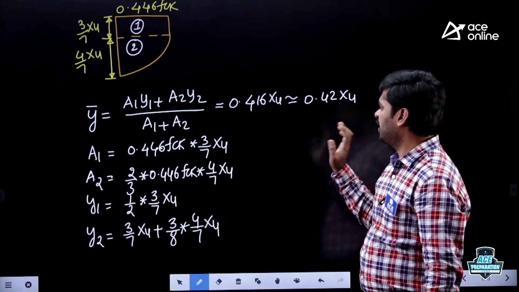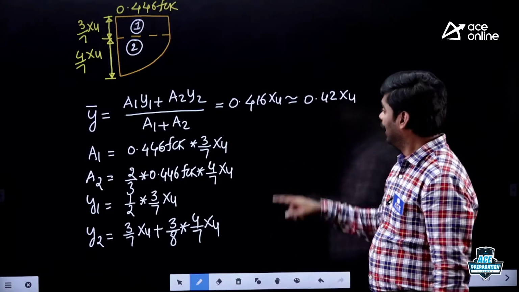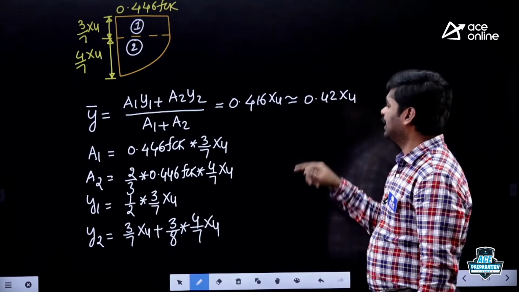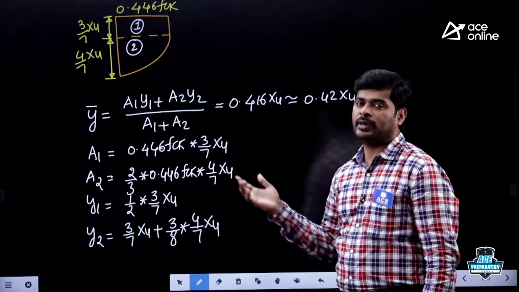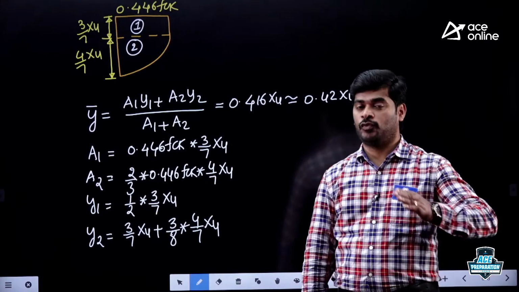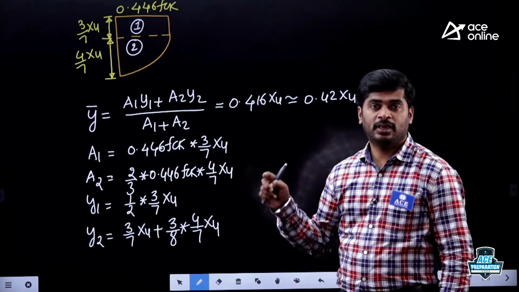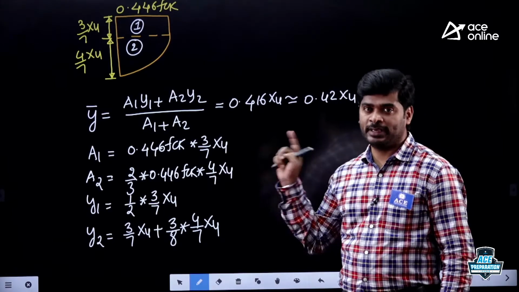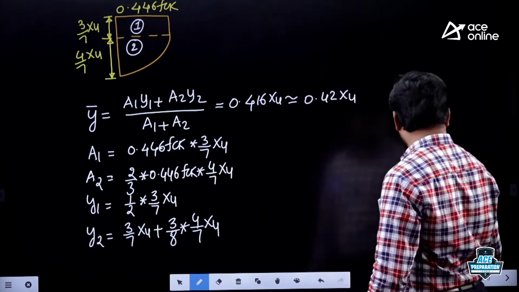Just substitute the values, you will get after simplification 0.416 XU. Then we can generally take the round figure 0.42 XU. It is not actually required to determine the actual depth of neutral axis, but to find out further concepts like moment of resistance, you must know how to get the centroid of the stress block. Right. Coming to the next one,